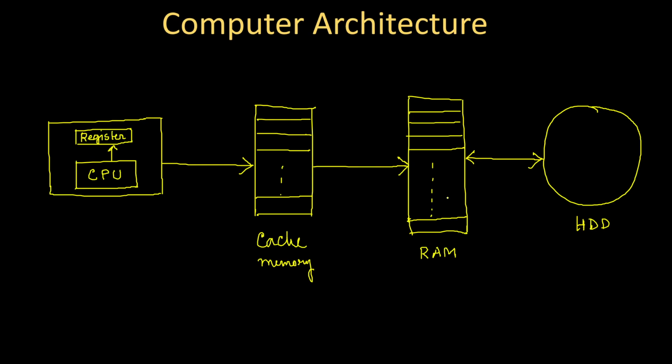If the data is present in the RAM, then the data first comes from RAM to cache, then cache to CPU. And if again the data is not present in RAM also, then obviously data has to be requested from the secondary memory like hard disk drive, and then data comes in the according order. So this is a basic hierarchy of the memory that is connected with a processing unit of any computer system.